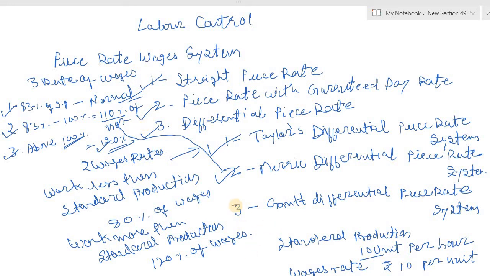Let's move on to our third system of differential piece rate, Gantt. An important feature of the Gantt system is that it guarantees wages at time rate, and also it follows the principle of differential piece rate. Thus, even an inefficient worker gets wages on time rate basis. From this point of view, this system is better than the Taylor and Merrick systems. Rates of wages under this system are